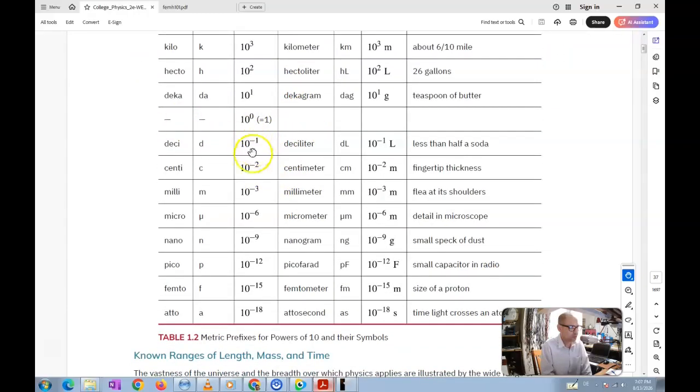And then you can go in the other direction. For example, 10 raised to the power negative 1, which is 0.1, would be called a deci. You would write it as a D. 10 raised to the power negative 2 would be 100th, which is 0.01, right? Which is called a centi, and you use a lowercase c for this. 10 raised to the power negative 3 is 1,000th, which is 0.001, which is called a